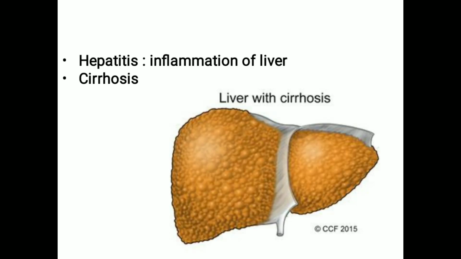Then the applied anatomy of it. You will see hepatitis, that is inflammation of the liver. Cirrhosis of the liver is a condition in which the liver hardens and shrinks due to fibrosis, often in chronic alcoholics. In chronic alcoholic people, you see the liver in cirrhosis condition. It leads to portal hypertension. After suffering for several years, the patient dies in hepatic failure. This is the condition you see in a patient with liver cirrhosis.